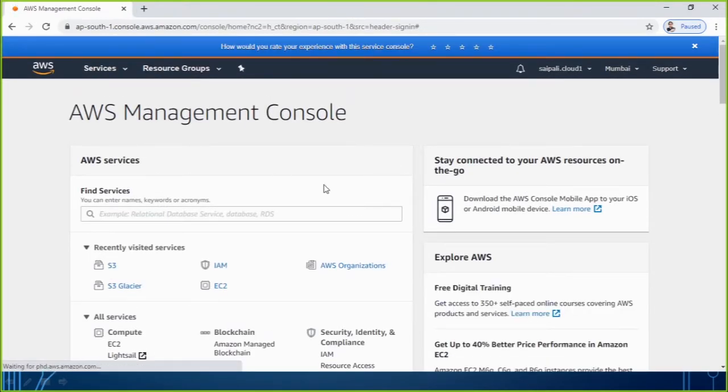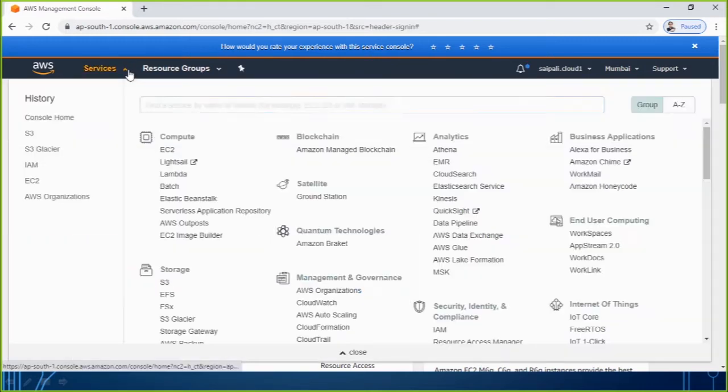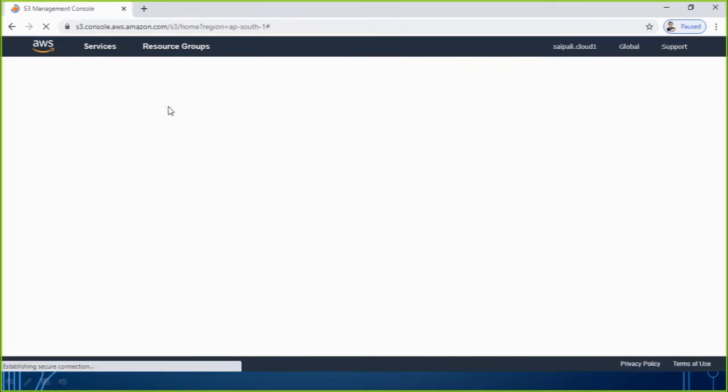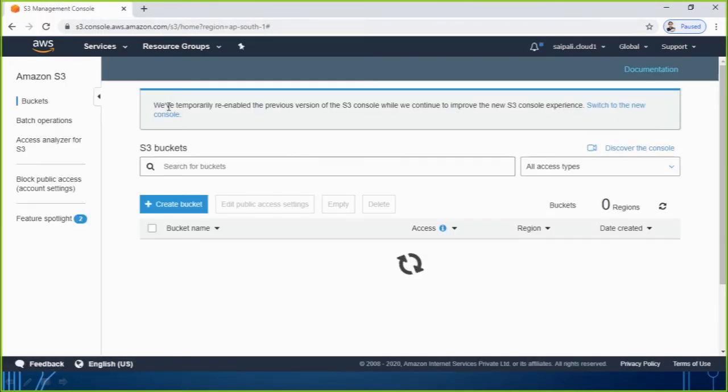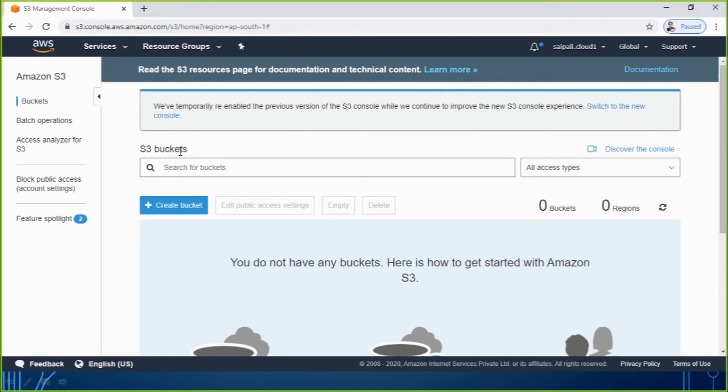So once we are logged in, we are going to look for the S3 service. Either you can go with the help of the services list. In the storage section you will get S3 here, or you can search by typing S3 here.